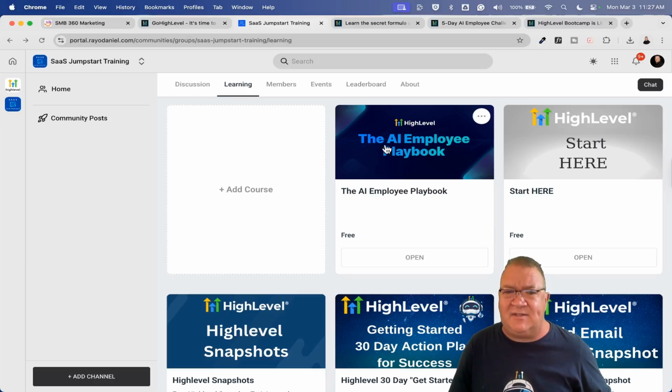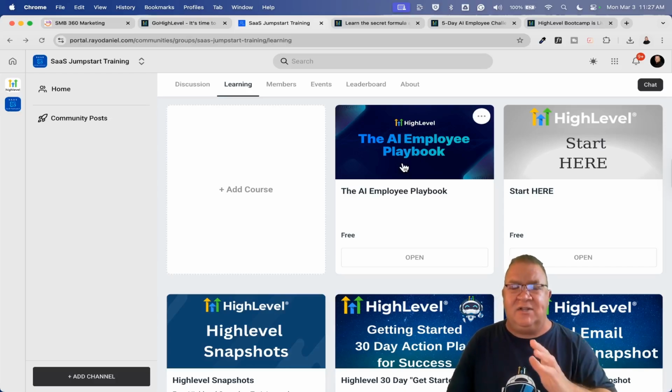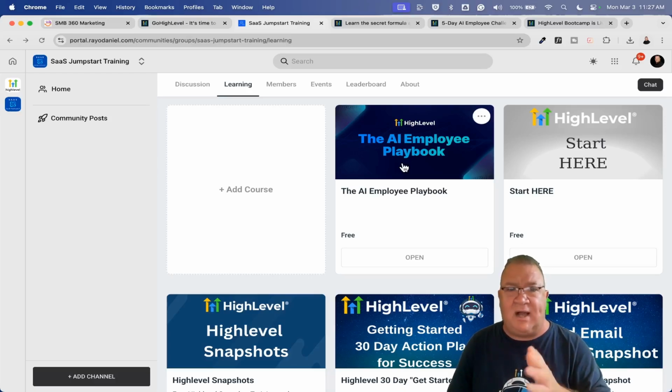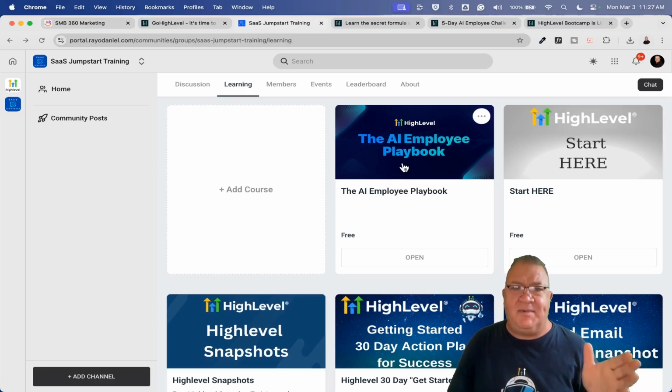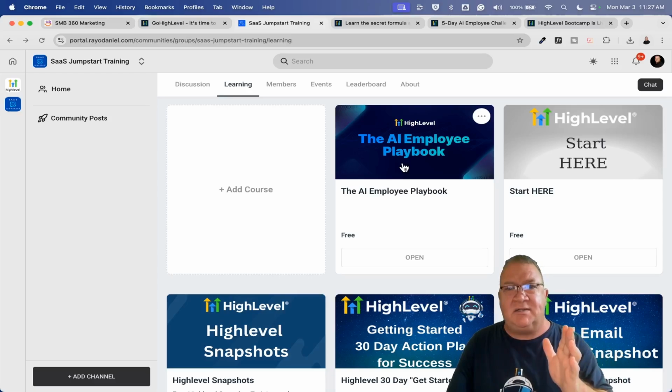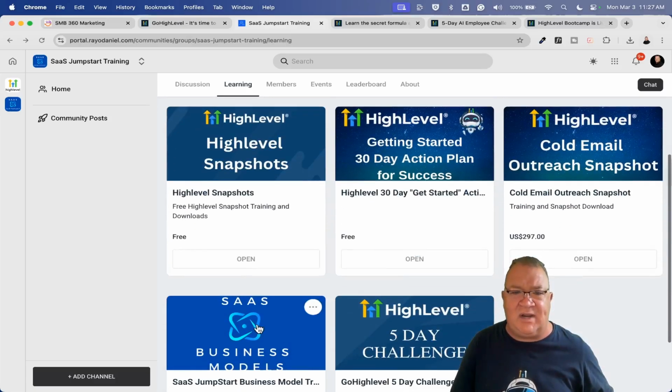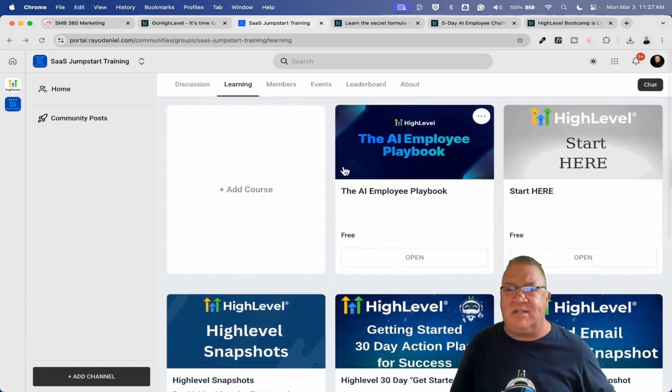Now, one of the last things I'm excited about before we move on to the next thing is this new AI employee playbook. Highlevel is really pushing their AI features. It is really good. They're continuing to improve on them every single day, and it is just fantastic. Now, one of the things about the AI employee playbook, this is a Highlevel course. I didn't create this. Highlevel created it, but they allowed their affiliates to, in a sense, give this away to people to help train them on how to build an AI system. And once you take a look at this AI training here, as an overview, this right here gives a little bit more in depth whenever you do that. These two work very well together.